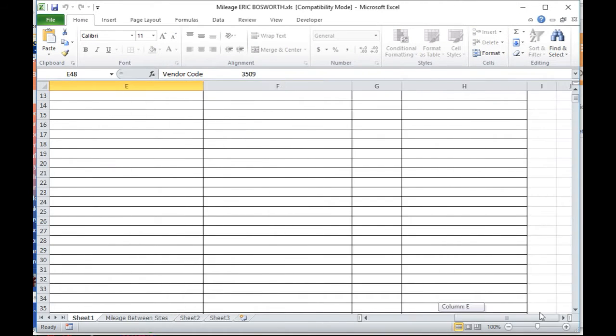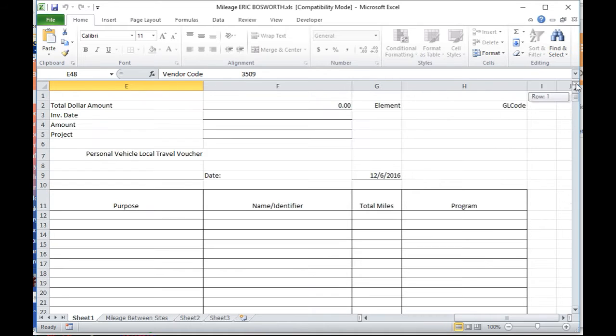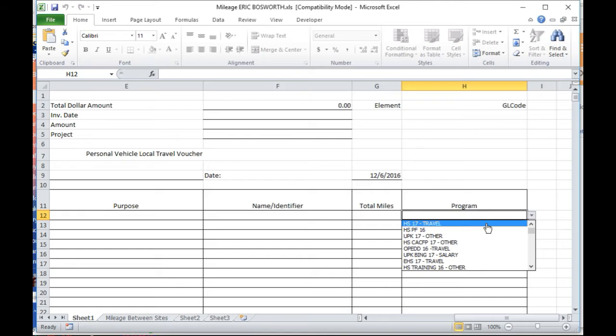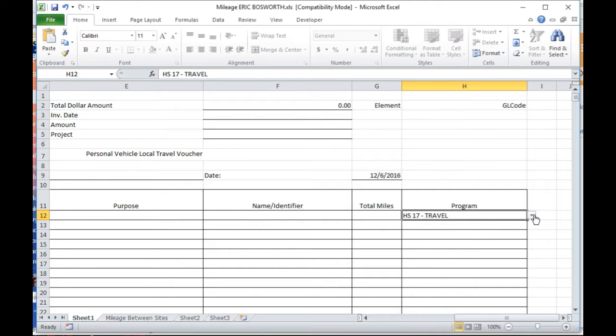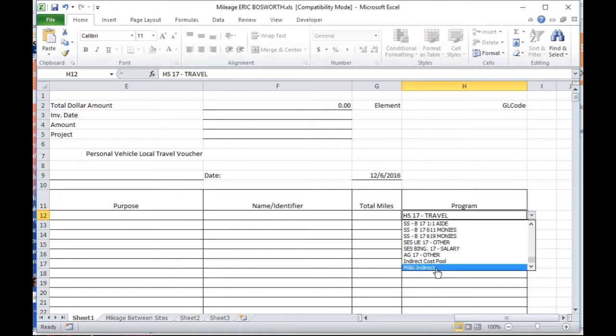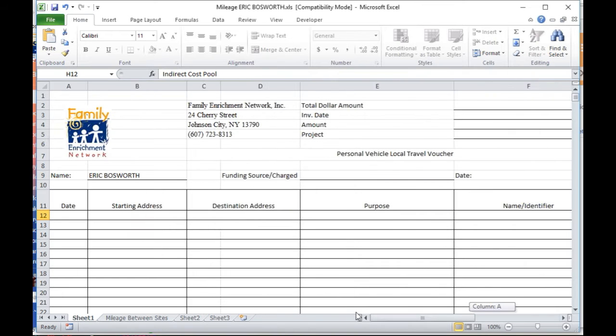Now, the mileage sheets in the past have never had this last column. This last column has a drop-down menu for whatever program you use. If you have multiple programs, you're going to have to obviously choose from multiple options here. I'm indirect, so if I come over here and say